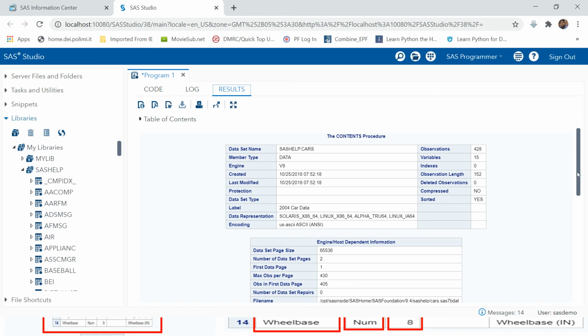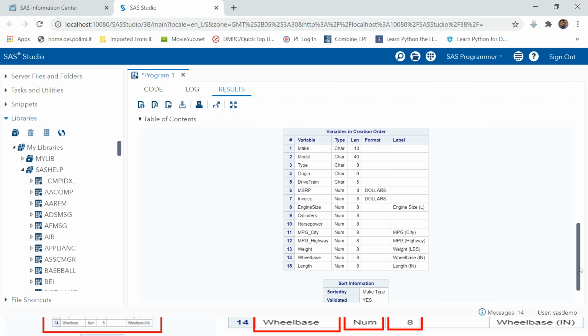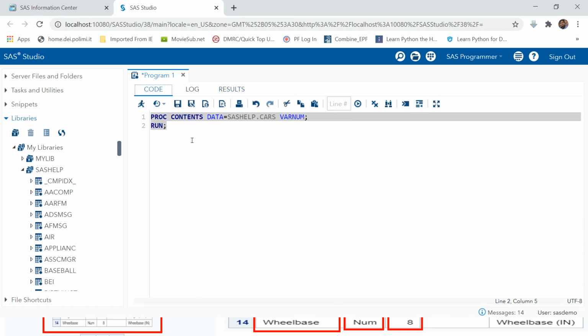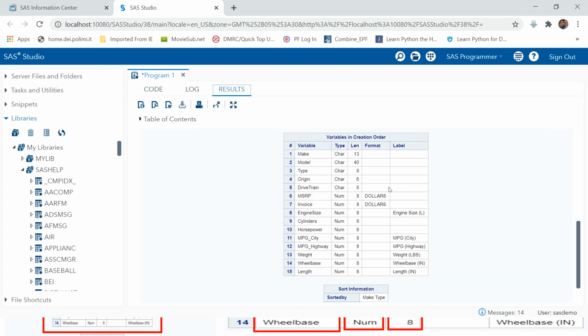the report which you get, let's go to the third section. Now here you can see the variable names are not alphabetically arranged, but are in sequence 1, 2, 3, 4, 5, 6, 7, 8, 9, 10 and so on. If you look at it alphabetically, it is not alphabetically arranged. So if you want to have the list of variables in the sequence as it is in the data, you can use varnum, and then you would have a non-alphabetically arranged list of variables. So that's all we wanted to cover under proc contents.